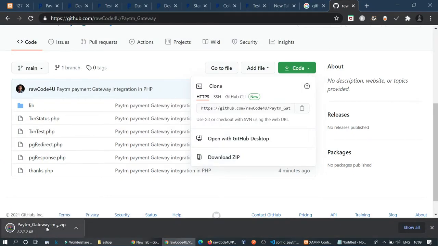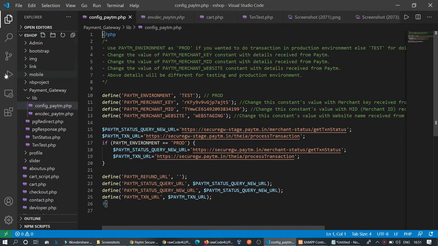Okay, our code is downloaded. Now we extract it, and now see in the backend coding part how we integrated this file. I open the important file like config.paytm. So first we take the Paytm environment; that is test, we use it for testing purposes. If you use it in production, you write prod here. Here are the merchant key and ID and website, all the testing API details which you got earlier. Please paste your details here, and the rest of the things are left unchanged.